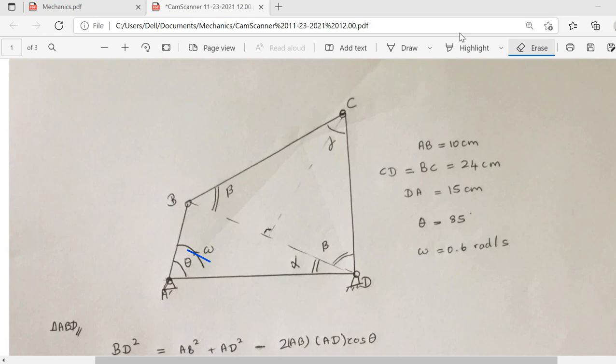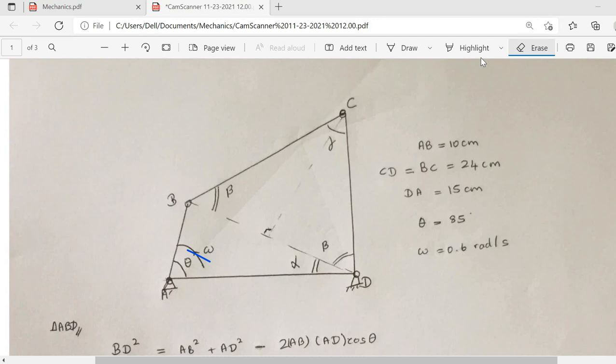So I'm going to show you how to plot the graphs for finding the velocity of C point for each and every theta. It's not a big deal. First of all, the main thing is you need to find the equation or the value of velocity of C related to any other angles and the sides. So the basic thing is you need to find the equation using any other thetas as well as alpha, beta or any other direction, any other links length. After that only you can directly substitute and get the answer.